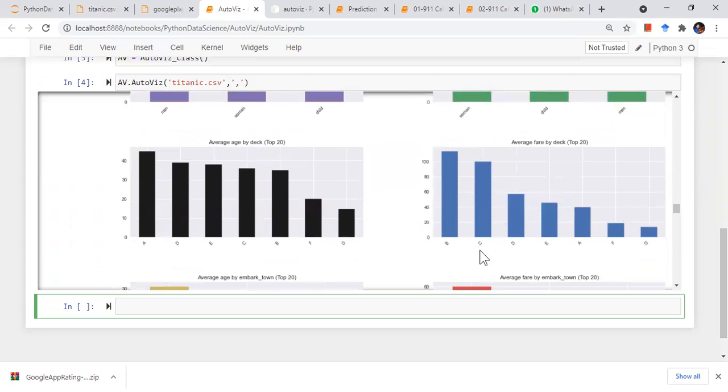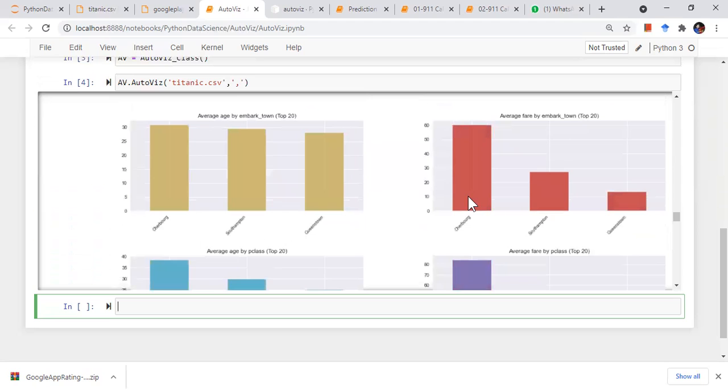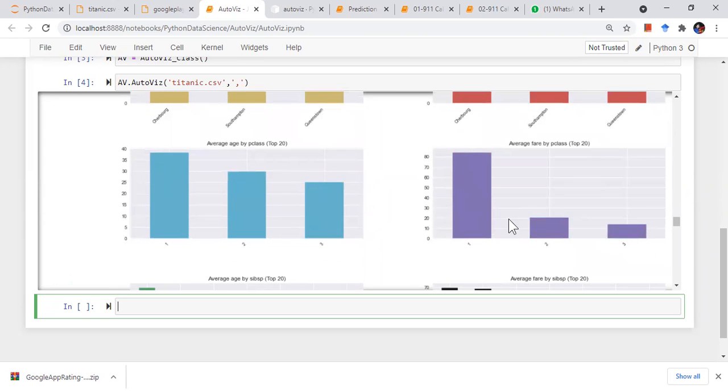Here I can see there is a clear decreasing trend. Maybe it is because of the fare paid by the category of passengers, right? Here are the places from where people embarked. These are the stations at which the Titanic stopped before the journey. Most of the people embarked on the Titanic from Cherbourg, then Southampton, then we have Queenstown. These are, I guess, states of the US, or maybe cities, not states.